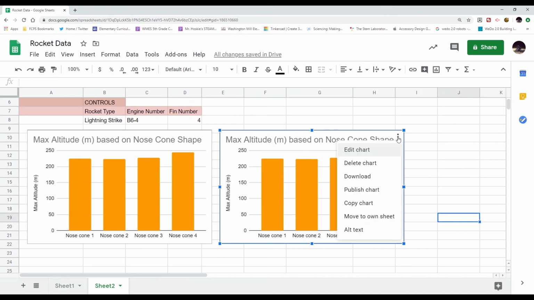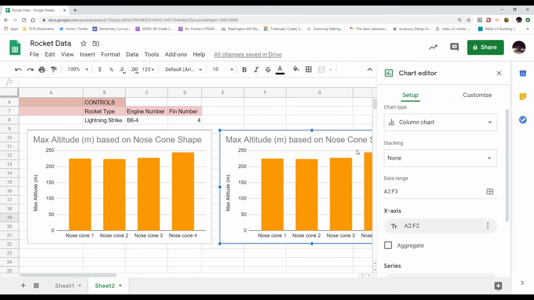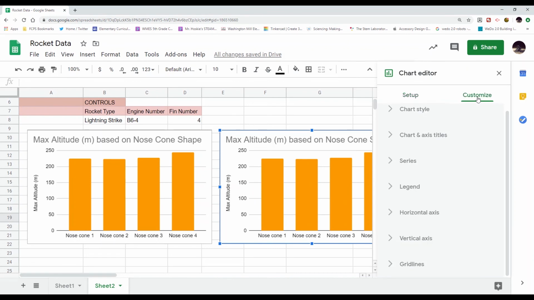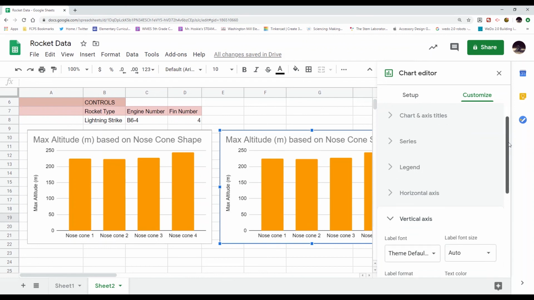So I'm going to go back over and click edit again. I'm going to come over here to customize. And I want to look at the vertical axis. This up and down is vertical, across is horizontal. Horizontal, vertical. So if I click on vertical and scroll down,